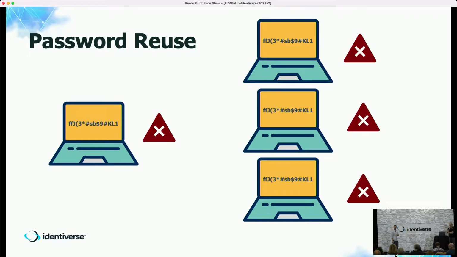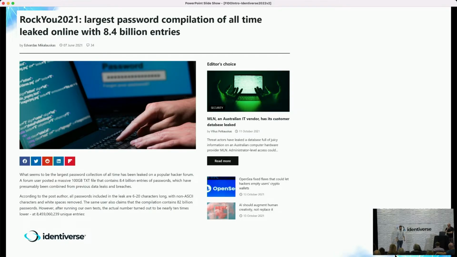No matter what your password is, if it's compromised in one place and you're reusing it, it's compromised everywhere. And what's shocking about this is how easy it is to do. In June of 2021, the largest password compilation of all time was leaked, RockYou2021. I don't know who comes up with these names, but they're cool. 8.4 billion entries, and these keep building on each other. So another leak is going to happen, and they'll build that one on top, and it just keeps growing and growing and growing. You don't have to go to the dark web to get these. These are posted on Twitter. And these people with just a little bit of knowledge will write these scripts, and they'll run these, and they will get access to your accounts.